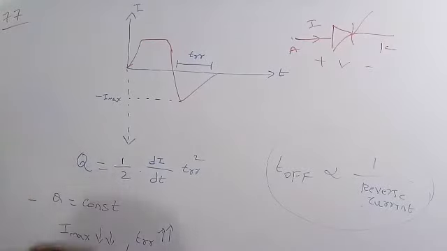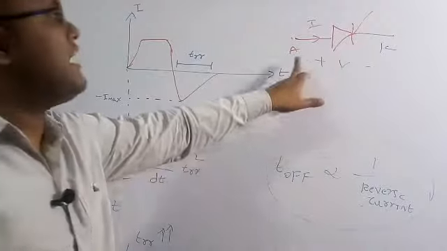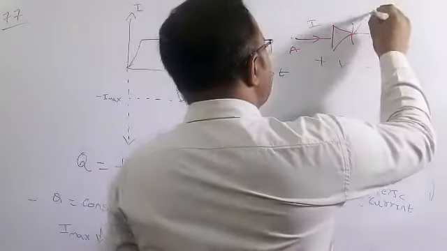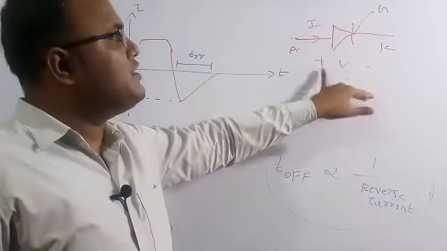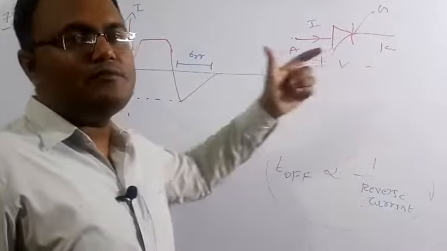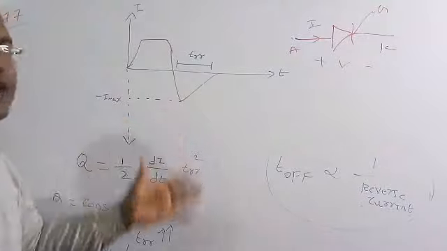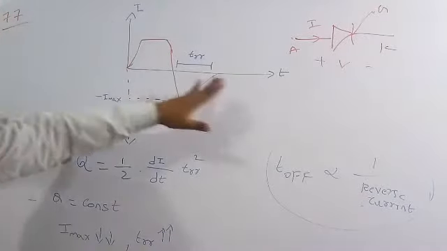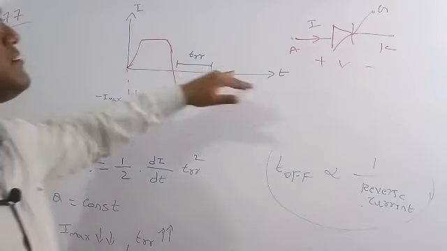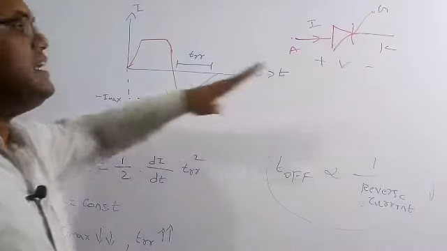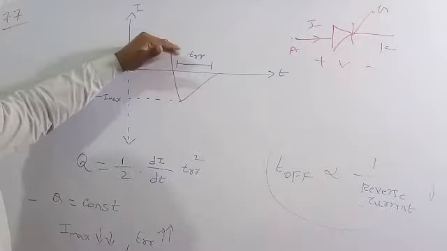Now this is the SCR, with anode, cathode, and there is a gate here. The current through this is from A to K, so the current is I and the voltage is from A to K. This is voltage V. Now I am going to find the relation between the anode current with respect to time, what the behavior is. Whenever I give a forward bias, meaning A is positive and K is negative, the current will go in this manner, up to a certain time.